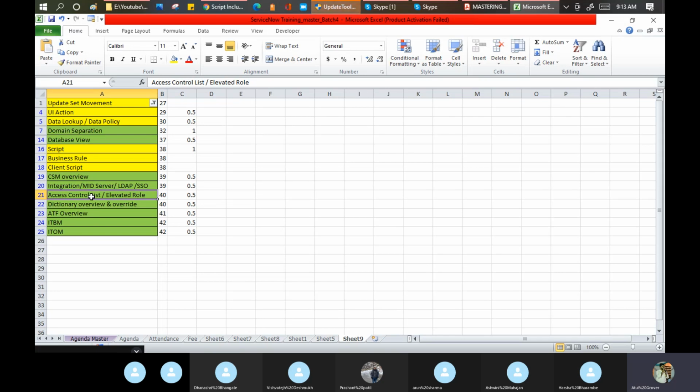From the interview perspective, it can be asked, what is ACL? Then you can say ACL means a way to restrict the user from seeing the data or the table. In short, ACL will be used in two places, table level or record level. I want to show you the table, but I don't want to show you a specific field on that table.